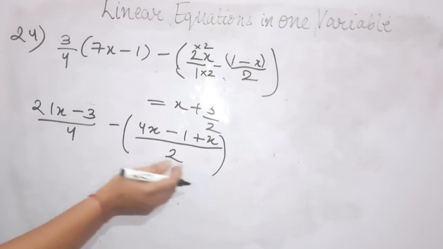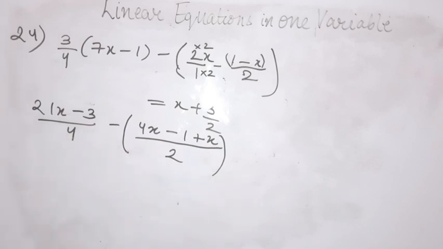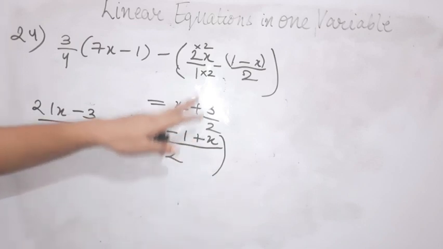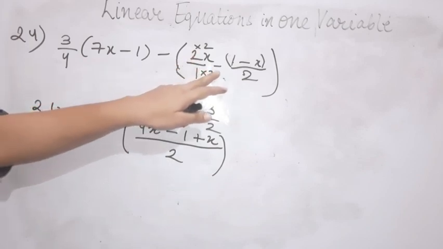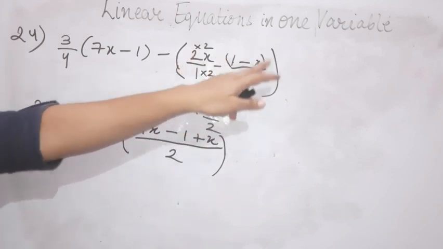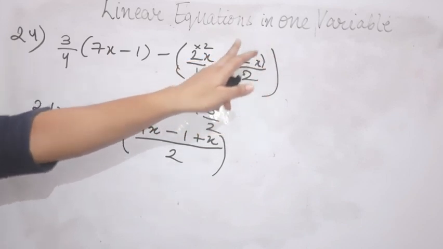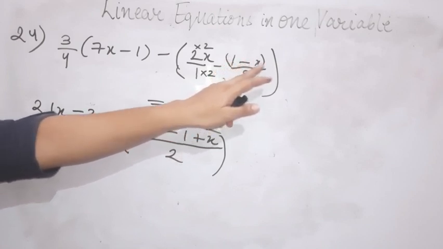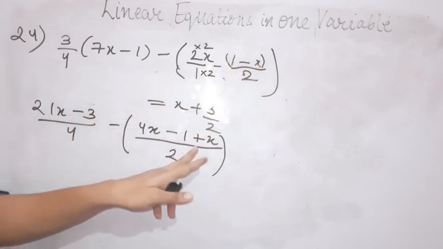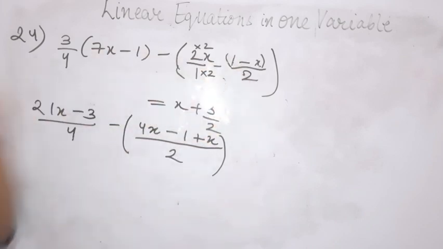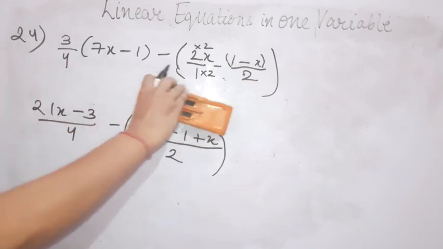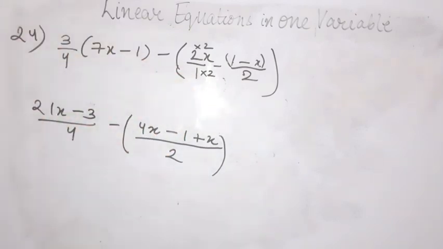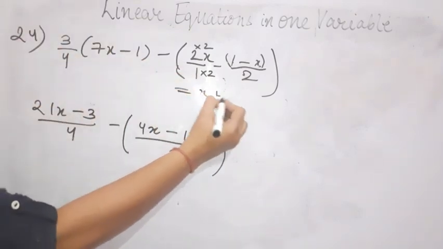Now the whole expression is having 2 as the denominator. Why have I kept plus here? It was 2x and there was a negative sign, and this was a particular fraction, particular rational number, 1 minus x upon 2. So this negative sign will be multiplied by both the terms given in the numerator. So I have multiplied the negative sign. It will be minus 1 plus x. Okay. And on the right hand side it was x plus 3 upon 2. Let me write it neatly so that it is visible. It is x plus 3 upon 2.